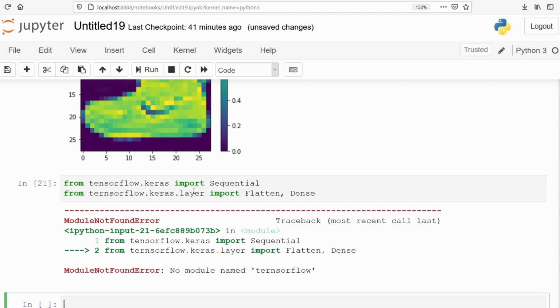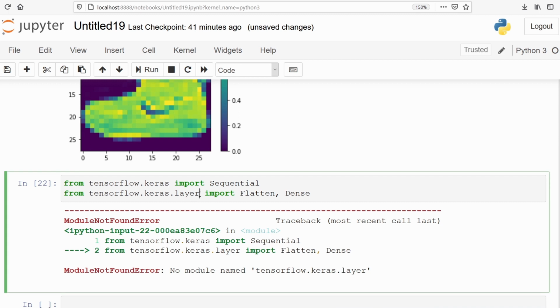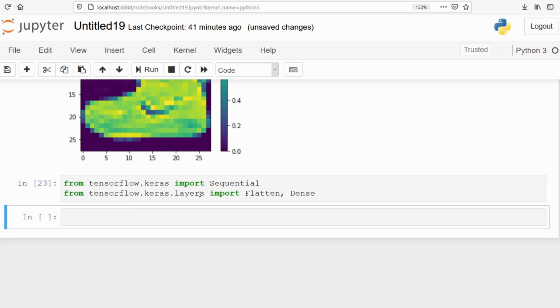There's some spelling mistake. In keras.layers, the s is missing. We have successfully imported the Sequential model, Flatten layer and Dense layer.